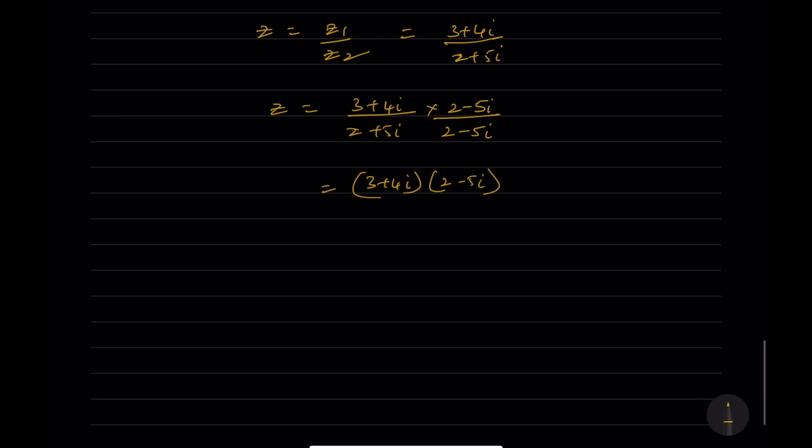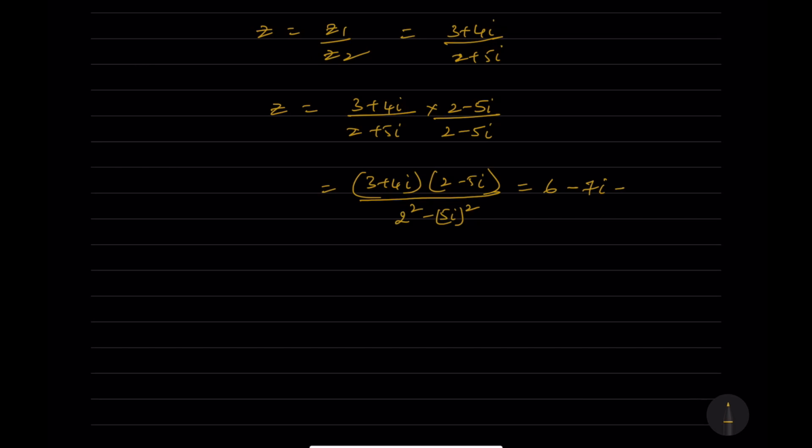I am calling iota as i because it's comfortable for me to speak in that way. So here now a plus b into a minus b can be written as 2 square minus of 5i whole square. Again in the numerator you have to multiply. You are getting 6 here plus 8i minus 15i. So you are getting minus 7i